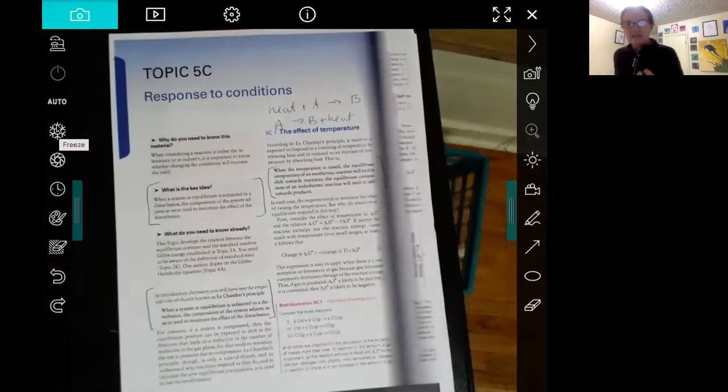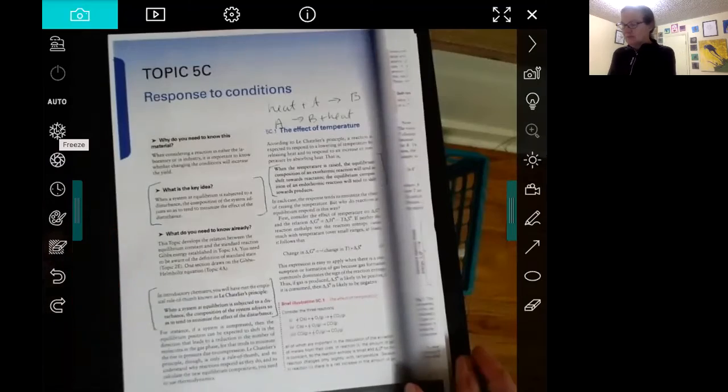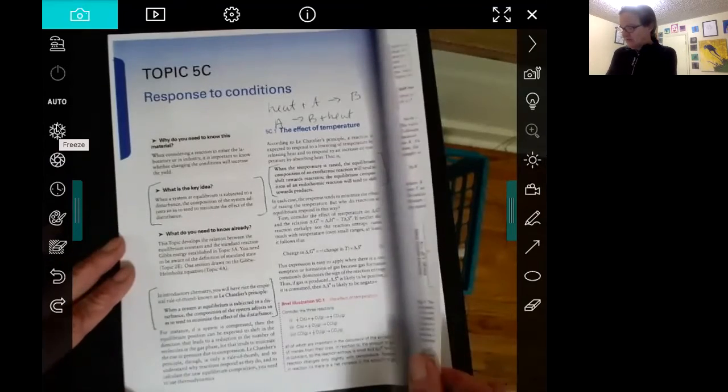And so temperature actually changes the value of the equilibrium constant. The other changes we talk about don't. So temperature impacts the value of the equilibrium constant. And now that we've